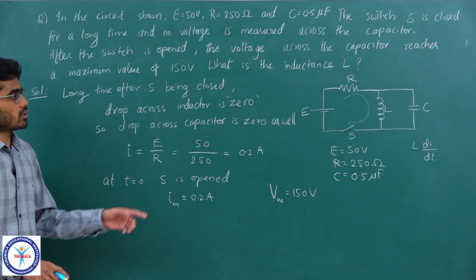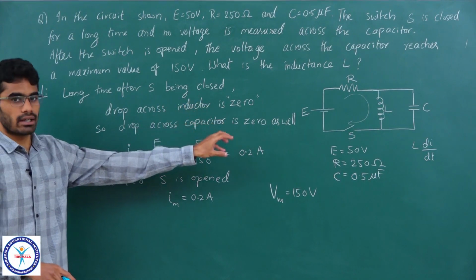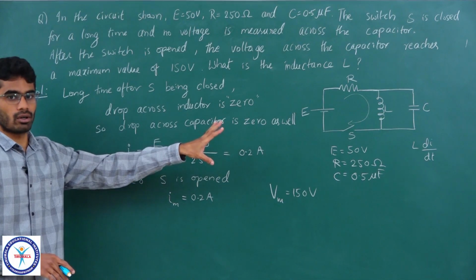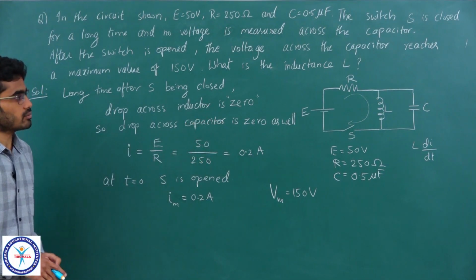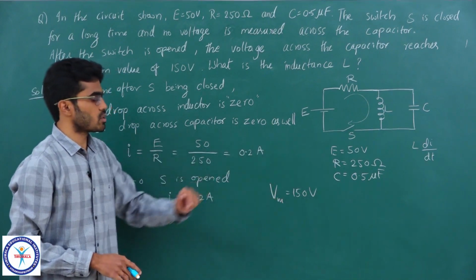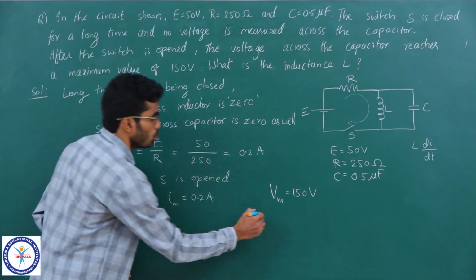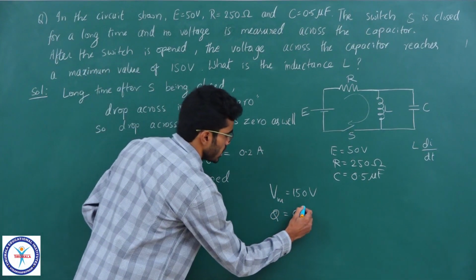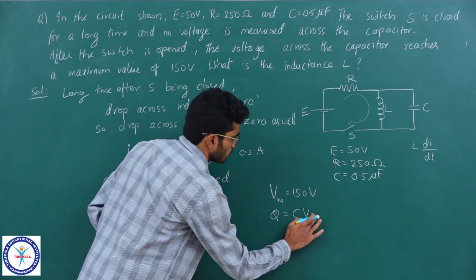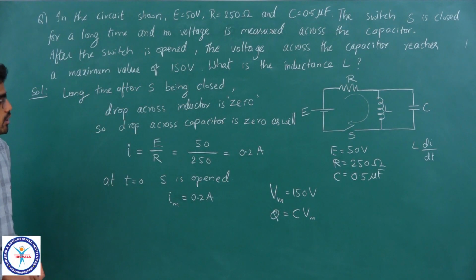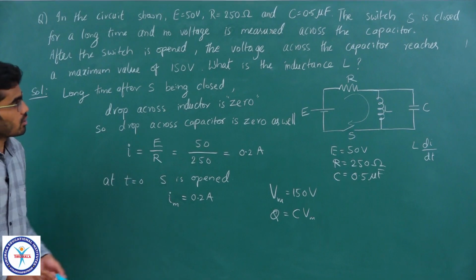So, that means when the entire energy of the inductor is transferred to the capacitor at a particular point of time in the cycle, at that instant the voltage measured across the capacitor is 150 volts. So, the Q maximum on the capacitor can be given by CV. So, it is C into the V maximum. So, the maximum charge can also be calculated. Now, we need to calculate the inductance.